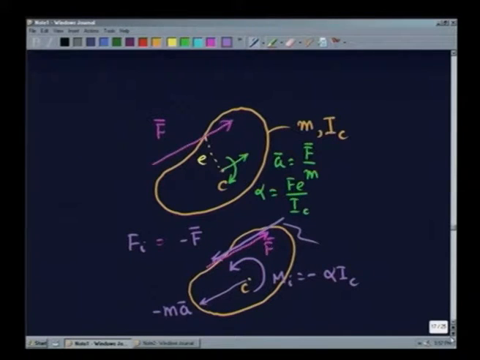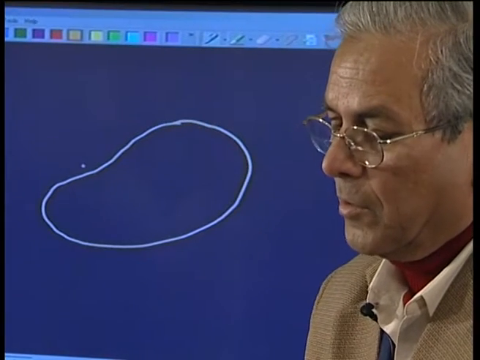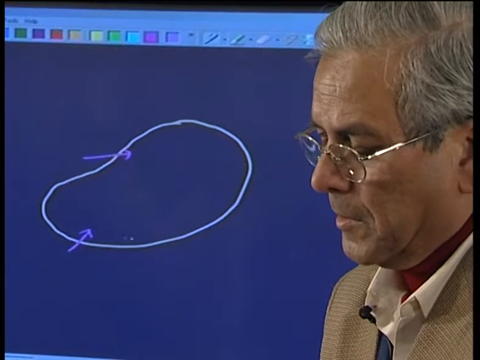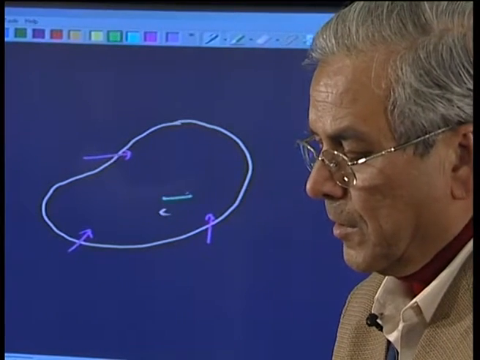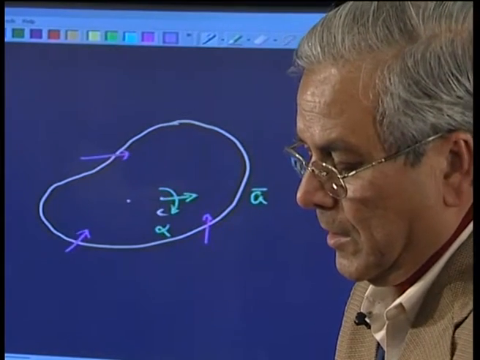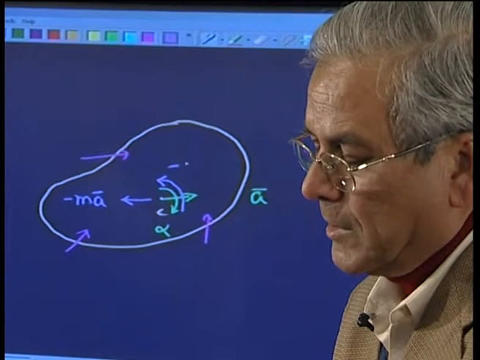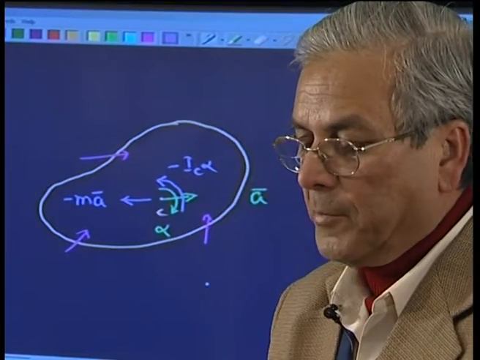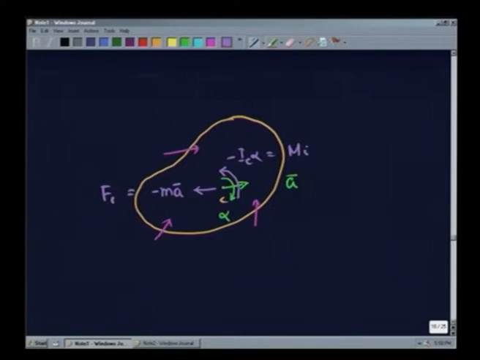So, we can now say that if a body is under the action of a number of forces, and the acceleration of the center of mass is a and the angular acceleration is alpha, then if I apply a force which is minus m a and a moment which is minus I c alpha, then under the combined action of these inertia forces and inertia moment, and the externally applied forces F 1, F 2 and F 3 which produce this motion,